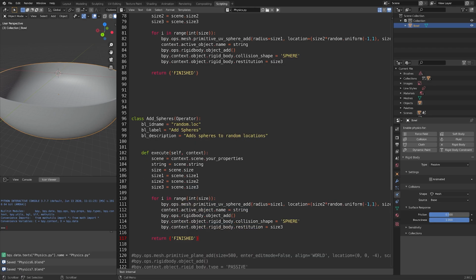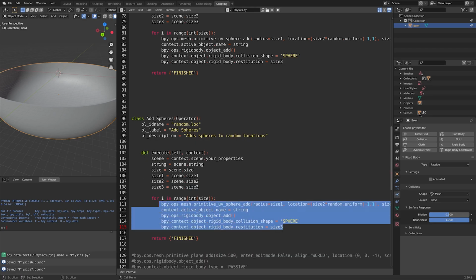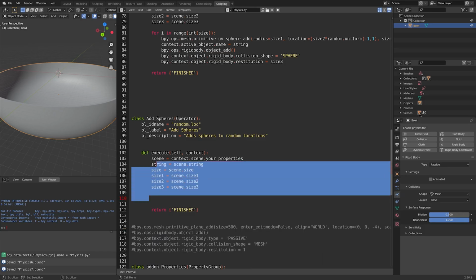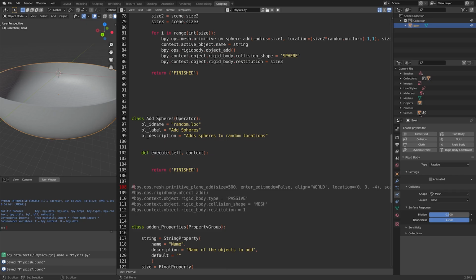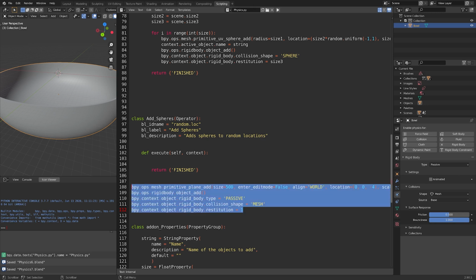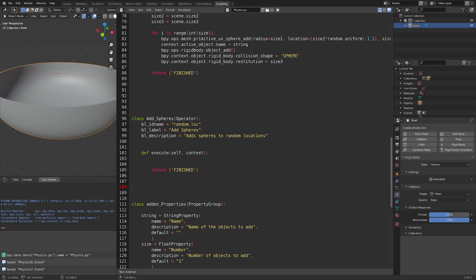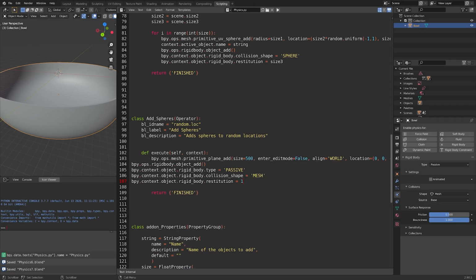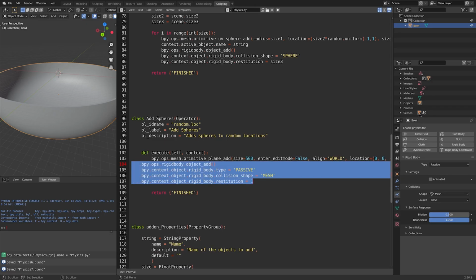So let's paste in the operator, and then we can delete the old code in the execute function and replace it with the code below. So let's remove the comment and then copy the code and paste it into the execute function like this. And then let's indent the code,